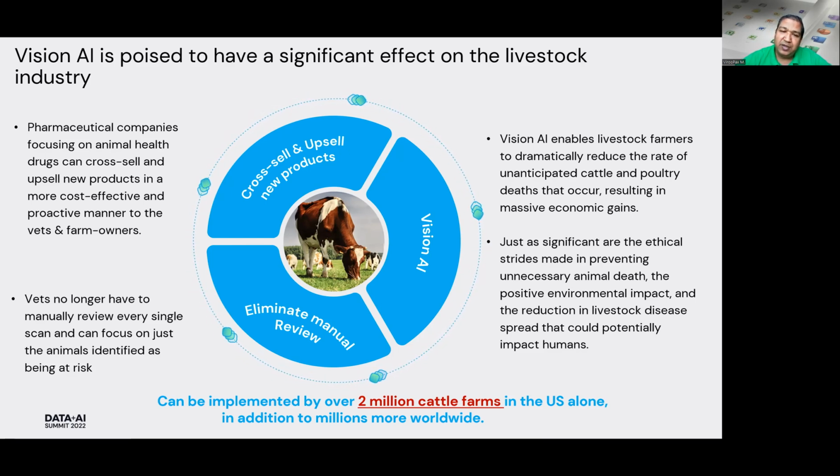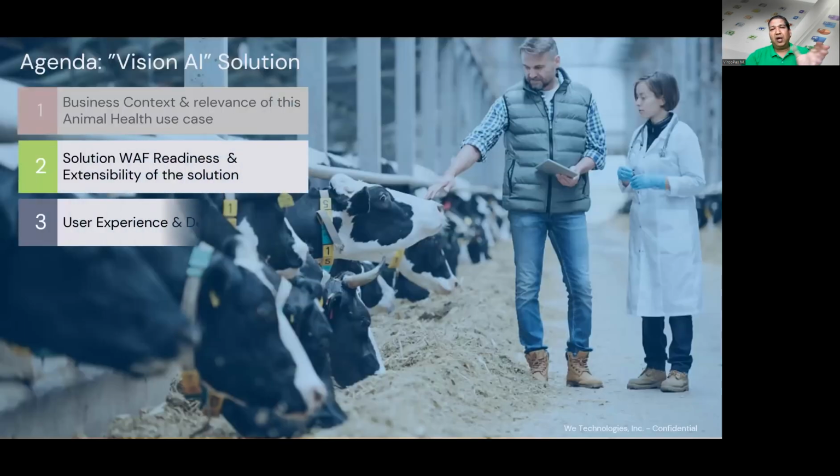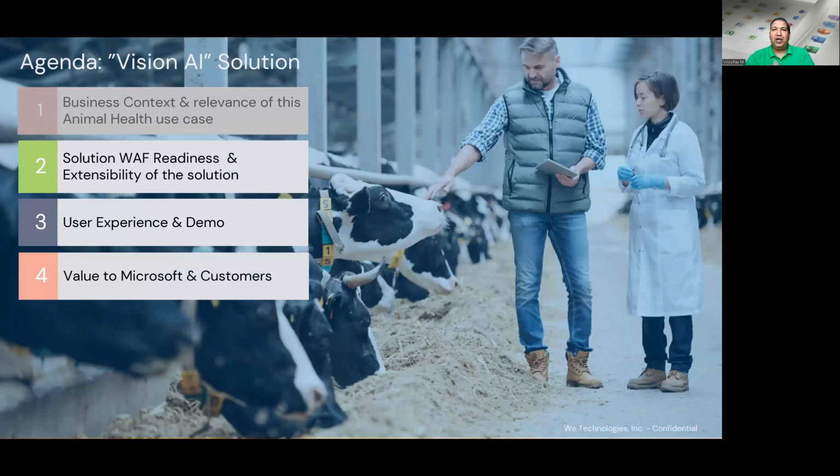So all of that, considering that, just think about the US alone for a moment. Of course, we can apply it across the world, but in the US, 2 million cattle farms can immediately benefit from this kind of a solution. So moving to the architecture aspect of it, let's look at the functional architecture, the logical architecture, and the extensibility